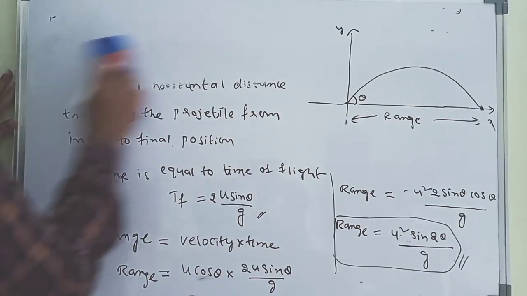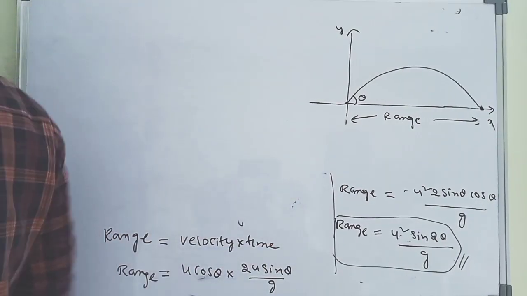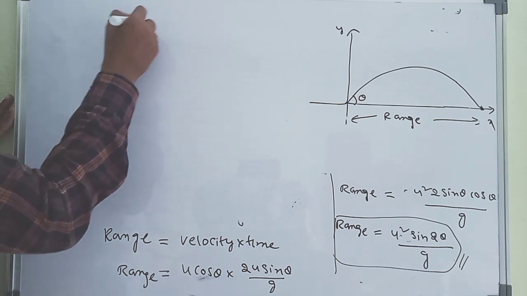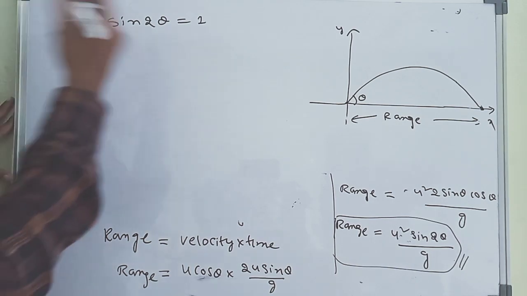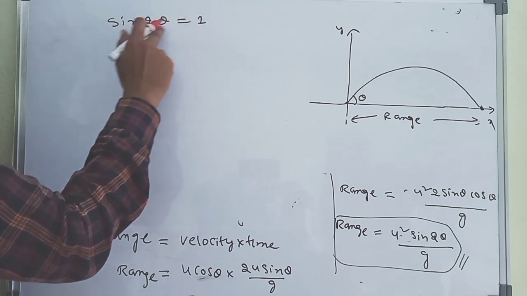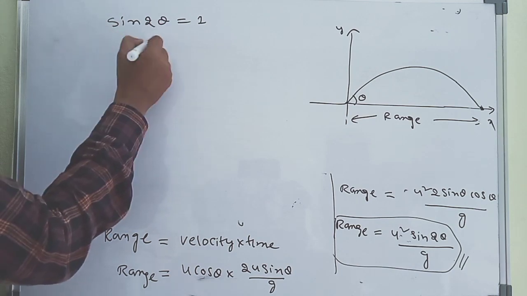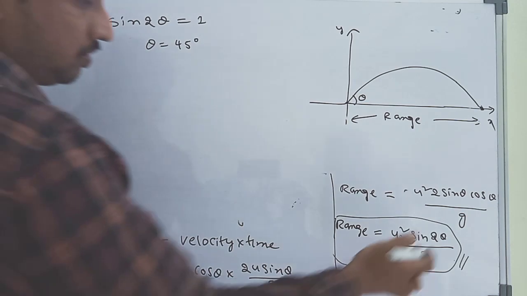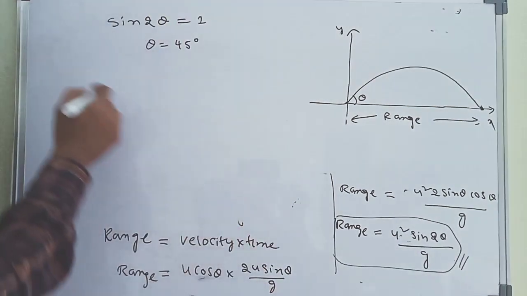So here I am writing sin 2 theta is equal to 1. So 2 theta is equal to 90 degrees, which means theta is equal to 45 degrees. Sin 90 is 1. So the range,